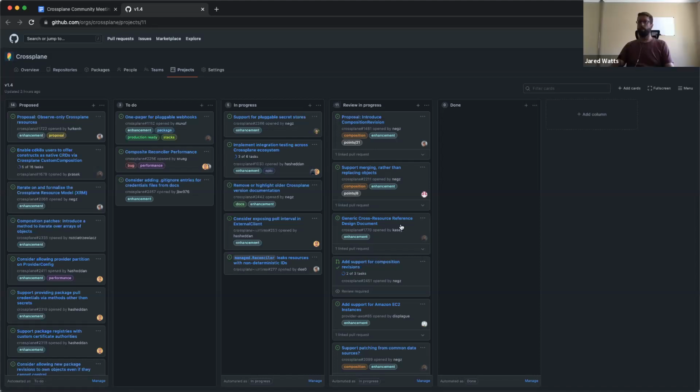Yeah, that's definitely really exciting stuff, to vastly expand coverage of supported resources in the near term. And Waf, I know there was more activity on the design document for cross-resource references. Is that near a state to be ratified, or what are the big things left on it? Yeah, it is very close to merging.